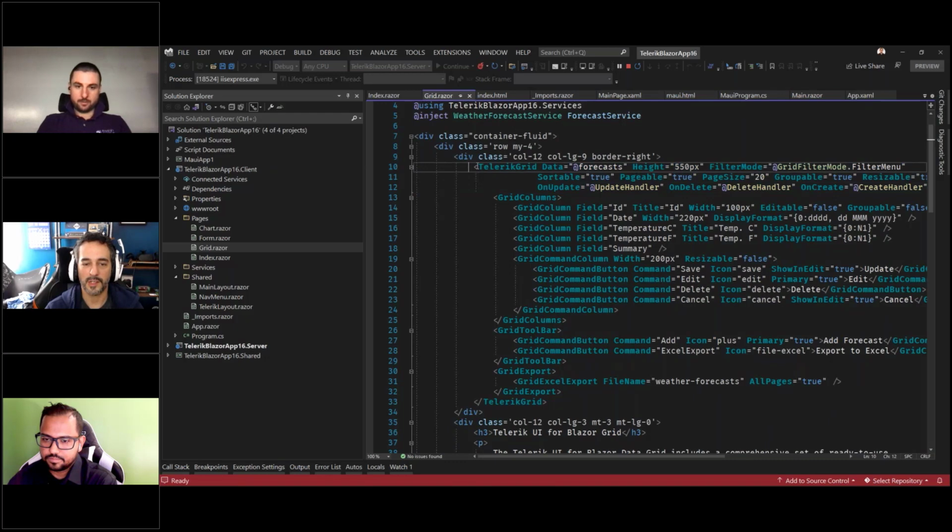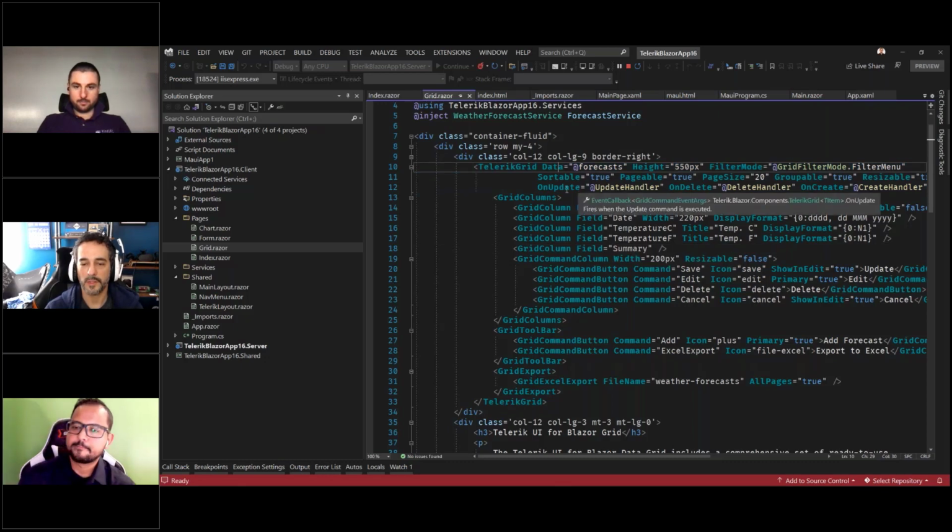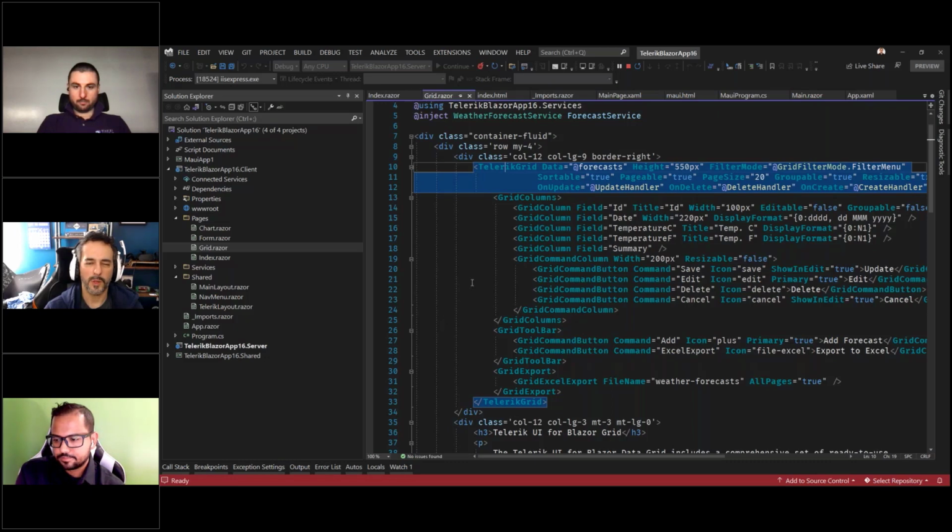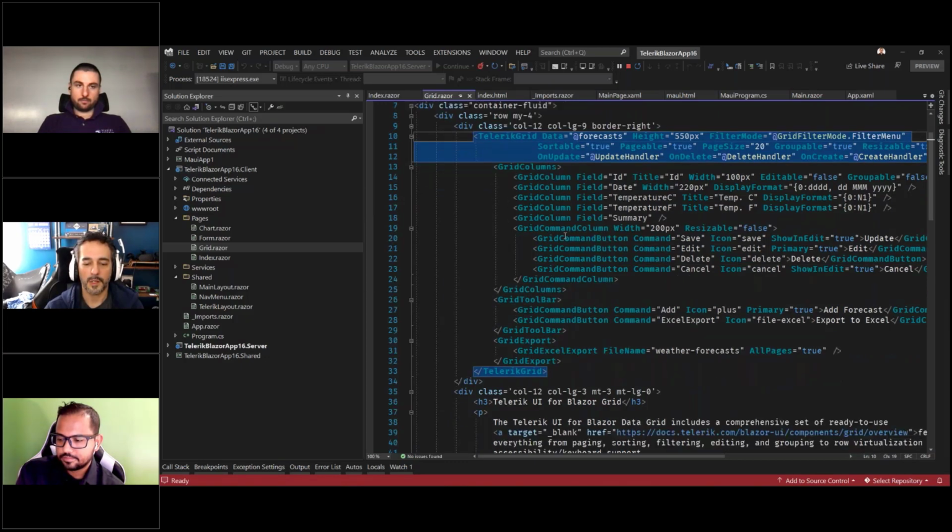So you have a component that is a data grid. You set properties on that component and give it data and light that component up. What you don't get from the web form style of things is a drag and drop experience. We don't have that, but the way the components are described with tags and properties is very similar.